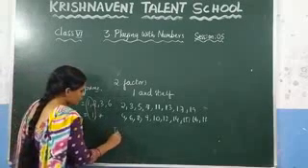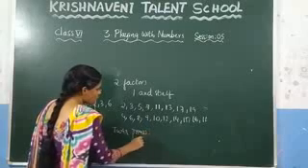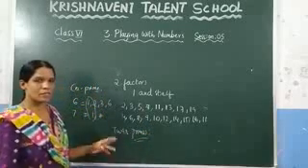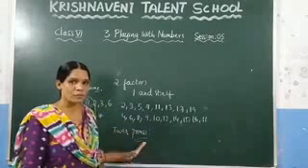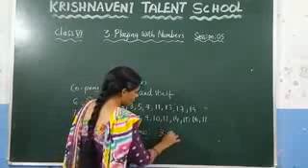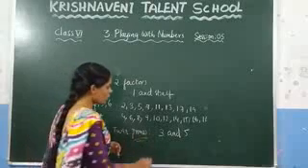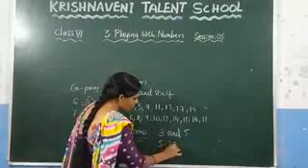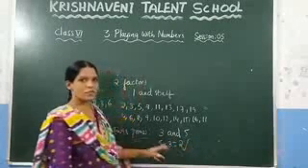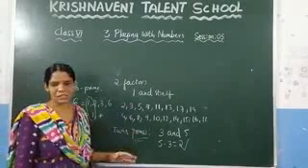And after that, we discussed the twin primes. What are twin primes? If you consider any 2 prime numbers, and the difference between those 2 prime numbers is 2, we call them twin primes. Let us consider 3 and 5. You know that 3 and 5 are prime numbers. Now, if you find the difference of those prime numbers, you get the difference as 2. So, we can say that 3 and 5 are twin primes. Up to this we discussed.